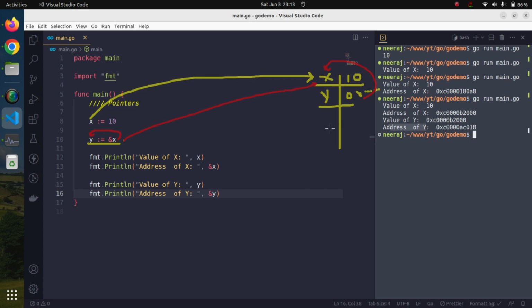So this is why, as per the output, the value of x is 10, the address of x is this address, and the value of y, actually y is holding the address of x, so that is why these two are similar. And again, since y is also stored in a different memory address, it also has its own address. So let me try to clear a few things,